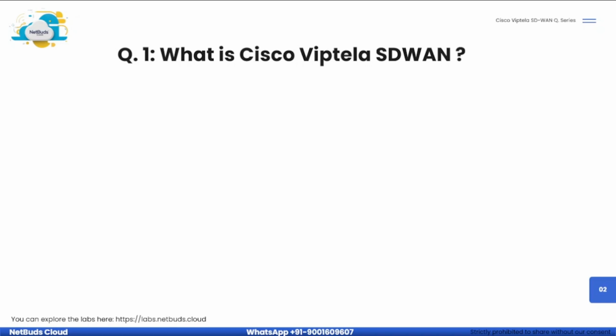So let's talk about some of the benefits we get from SD-WAN. One thing, it saves cost. First, because in the legacy or traditional system, we completely rely on MPLS, which is one of the costliest solutions right now. Second, it improves application performance, like voice, video, cloud, and many more things. Another thing, it adds security using IPsec, TLS, and many more authentication methods. It enables faster deployment and simplified management.